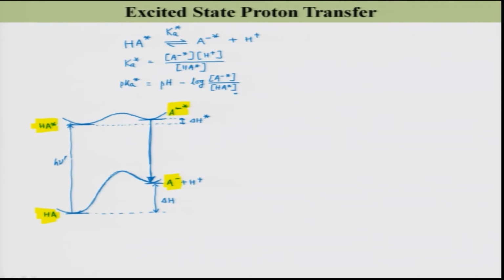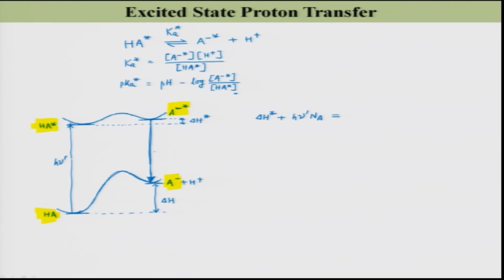So, I can write delta H star plus H nu prime multiplied by Avogadro number. That should be equal to,